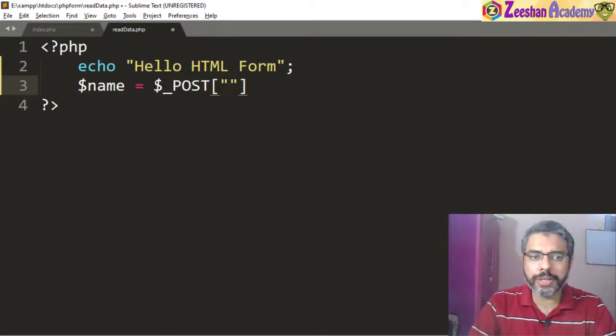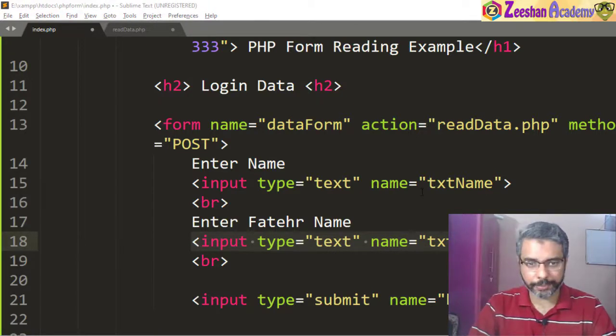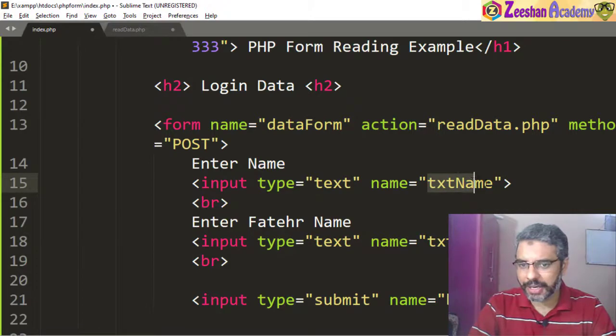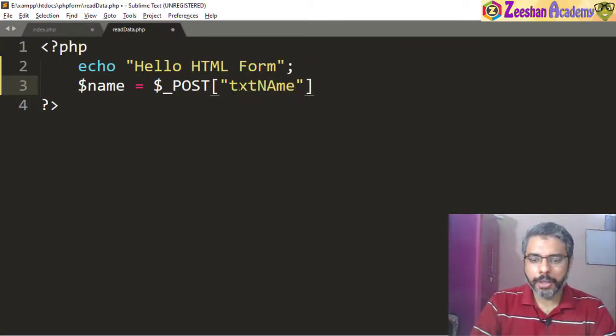So now what we do is we use $_POST. This is a predefined variable that has already been created by PHP. POST because we have sent the data using post. Again, there is GET, we can use GET as well, and there are a few other ways of managing these things as well. But for now, we just use GET and POST. So once we come back here, we need to understand that we have something called txtName. So we come back here and we write txtName